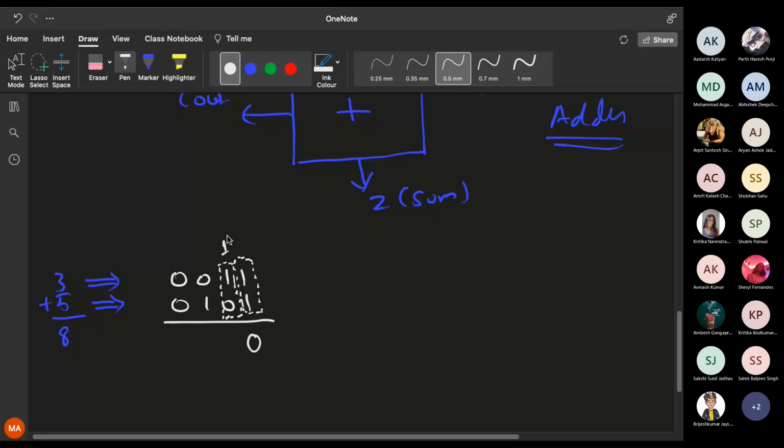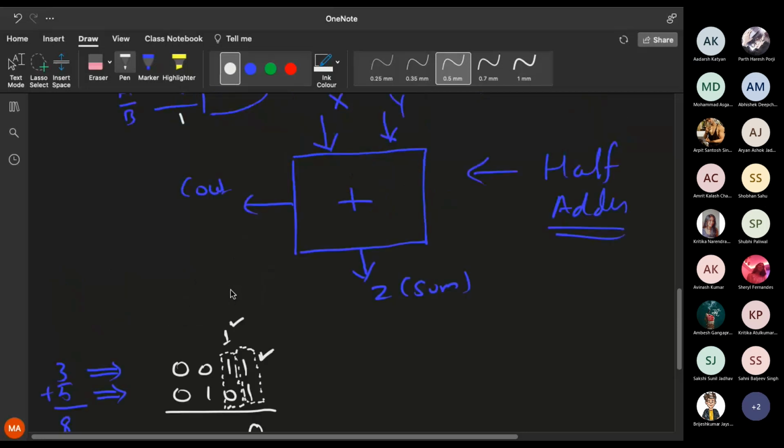Yes, as per the mathematics rule you have studied so far, you have to take the carry. Which carry? The previous carry. You will not take the next carry, but the previous carry. This carry is generated out of this addition, and you add it in the next addition. Correct? So that was a drawback of half adder.